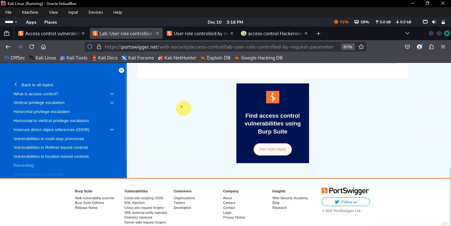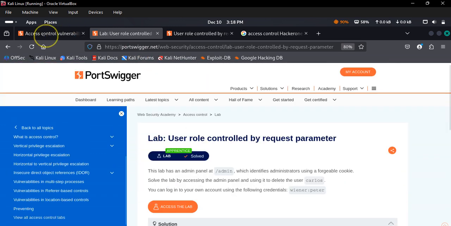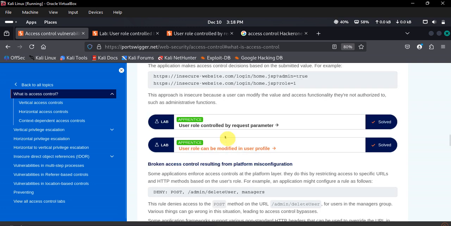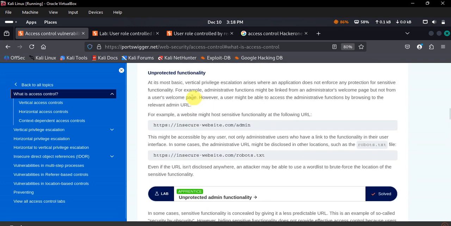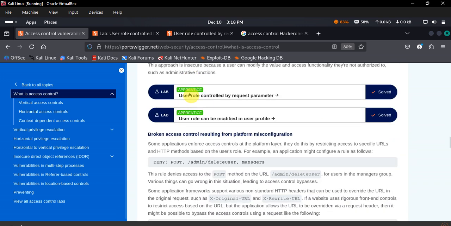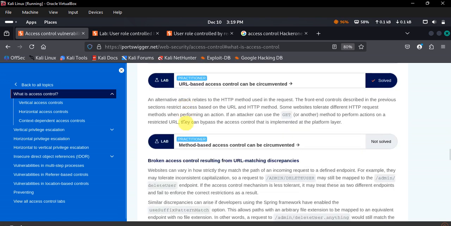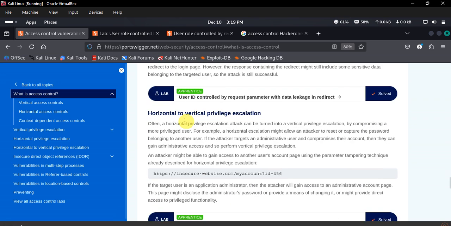Now there are a lot of labs here that we could still solve, but I already said I'd solve three labs today, one, two, then three, and I'm very sure you've learned a lot from it. So you can go ahead and start practicing access control. There are still more labs we'll be doing, and I'll be explaining more on how to go about access control while also pivoting through the IDOR phase. Yes, because IDOR and access control are two different things. So thank you for